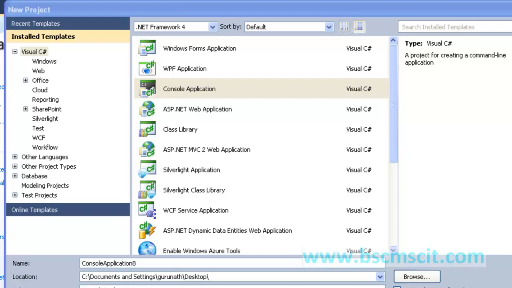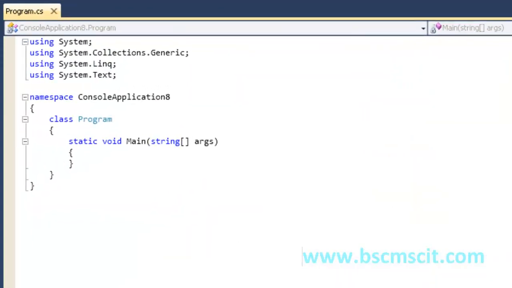As you can see, my console application environment has been created successfully with some default system libraries, a namespace and a class Program.